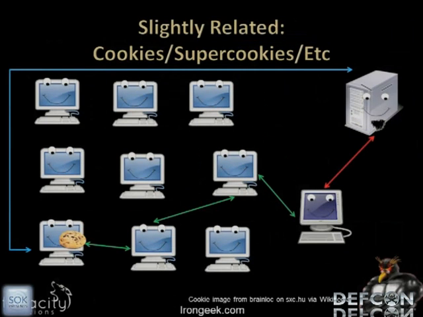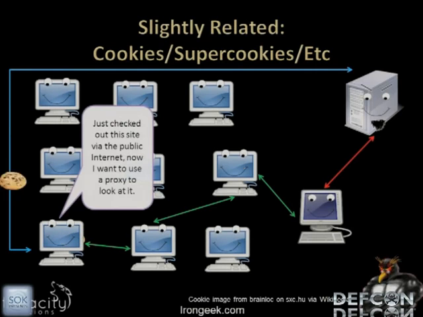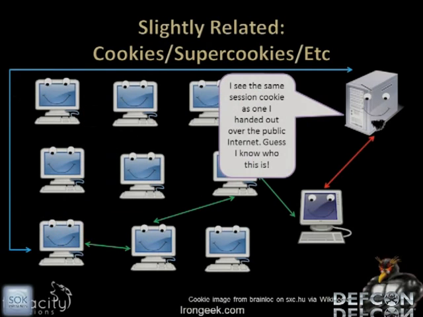Slightly related would be things like cookies. Let's say you're web surfing along, you're visiting Google, and you go, okay, I'm going to go look for some websites now, and I want to be anonymous. However, you didn't change context or anything like that, and you just said, okay, start using my Tor proxy. Well, if you got a cookie while you were outside the darknet, and you haven't changed contexts, either by switching into private browsing mode, using a different browser, or changing profiles, that same cookie could very well be served up to the host while inside the darknet. Then they go, well, I saw this person coming to me from the public internet, and now I see them coming to me from the darknet with the same cookie. I know it's the same person.